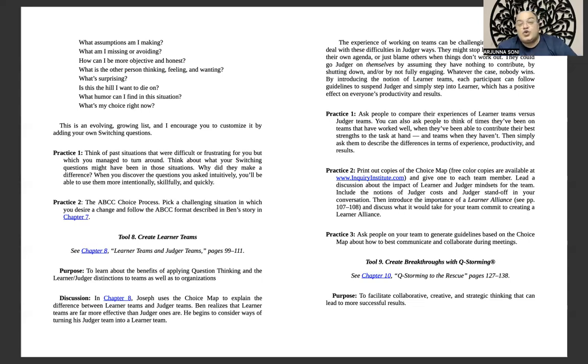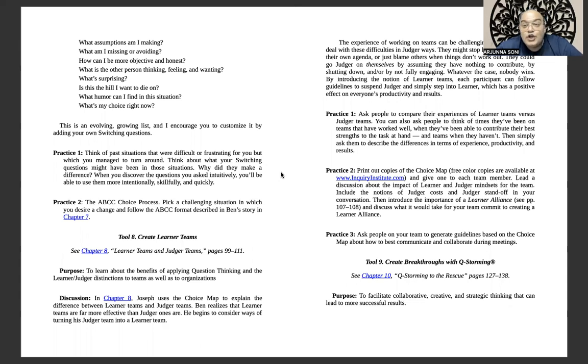The experience of working on teams can be challenging, and people often deal with these difficulties in judger ways. They might stop listening, try to push their own agenda, or just blame others when things don't work out. They could go judger on themselves by assuming they have nothing to contribute, by shutting down, and/or by not fully engaging.